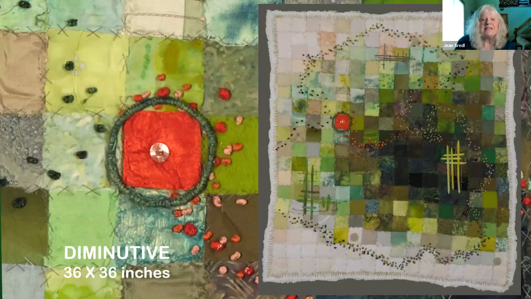This is diminutive. It's currently in microscape. The fun part about this quilt was each square is 2 inches, and they're all different. Each one is either felted or painted or fused or whatever, but the really fun part was the triple French knots. They're one on top of each other with big heavy yarn. They stick out from the quilt about 1 inch.